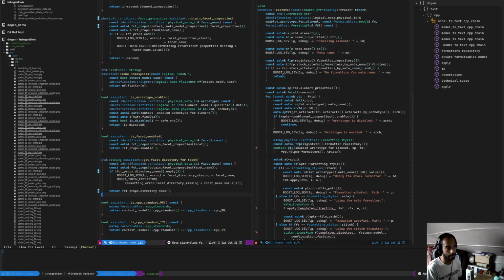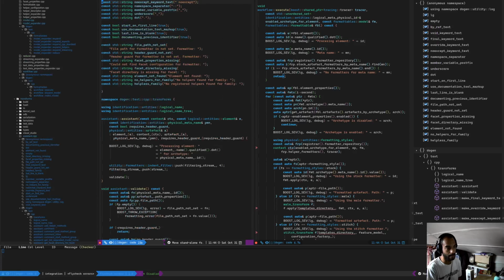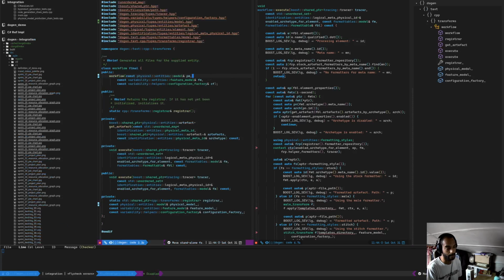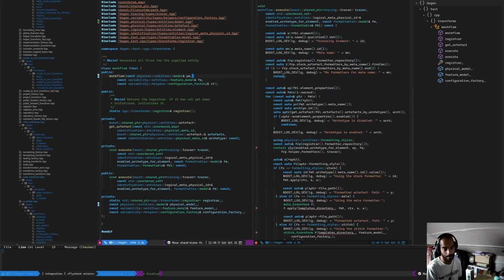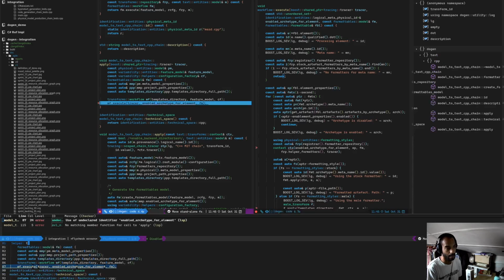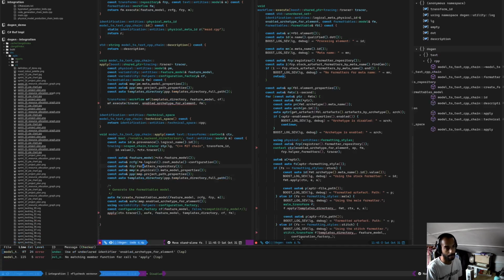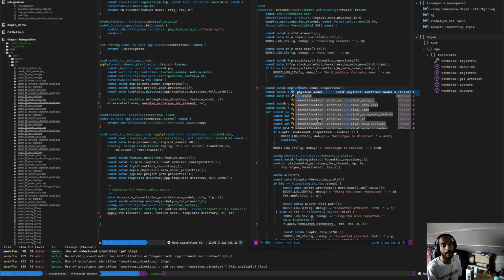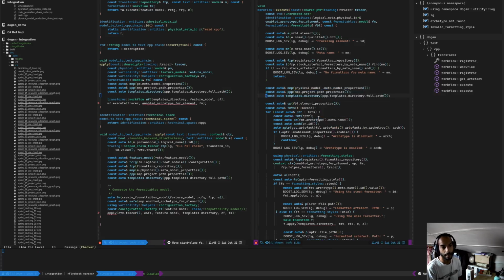Where did we do this? No, it would have been one of these workflows, I should think. Right, there we are. So we need to extract the templates directory. Something like this would do. And we just need to